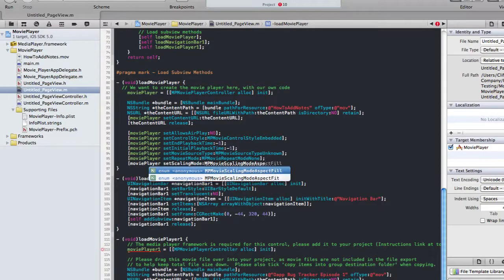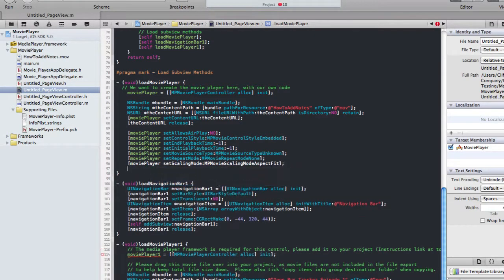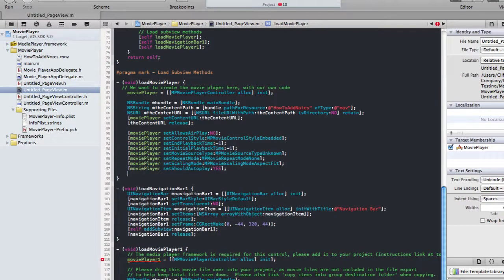I won't go through all the aspect fill, sorry, I won't go through all the options. You can look those up online. MoviePlayer and then set should autoplay, which basically means if we set this to yes, it will automatically play when it shows up. Otherwise, the user has to manually